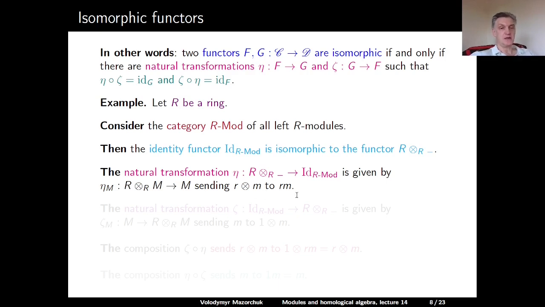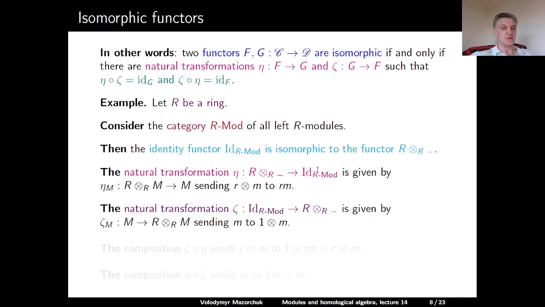It is easy to check that this is a homomorphism of R modules and that this defines a natural transformation from the first functor to the second functor. In the opposite direction, we have the natural transformation zeta, so from the identity to the functor of tensoring with R over R,